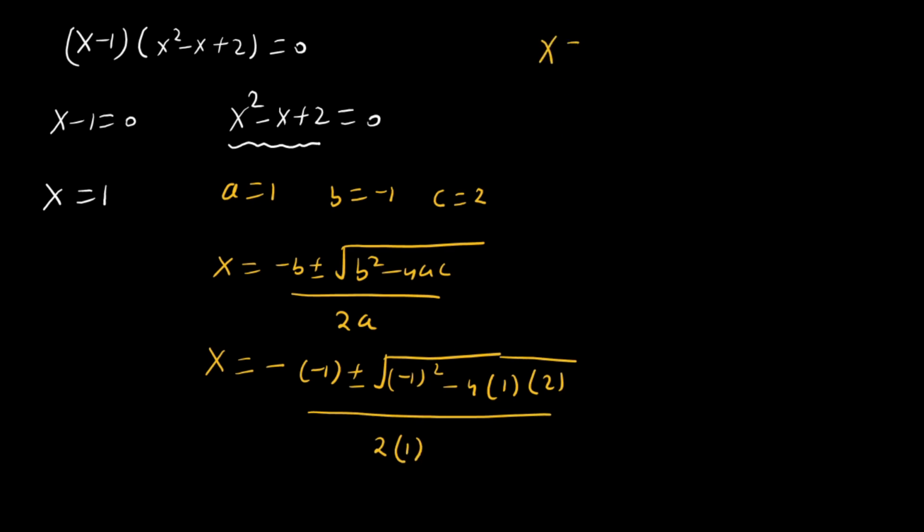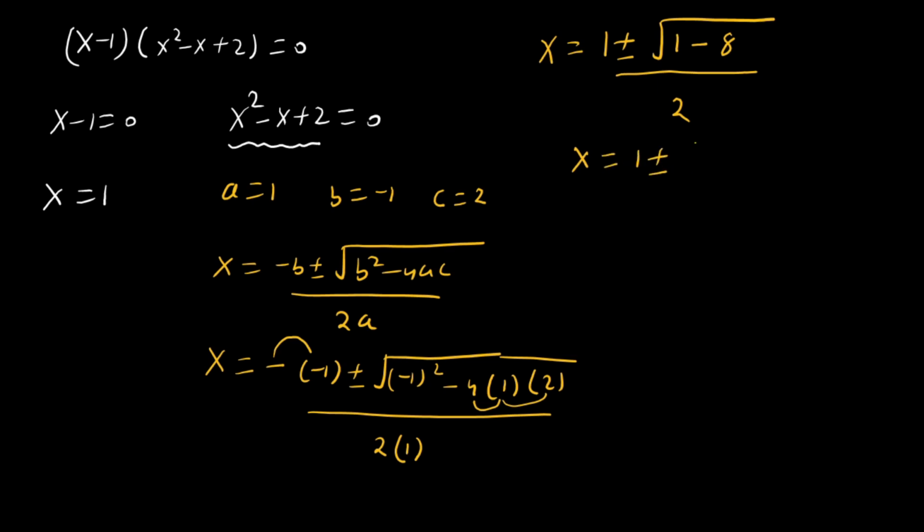Then the value of x is minus multiplied by this minus 1, then we get plus 1 plus minus square root of minus 1 squared is 1 minus 4 times 1 is 4 and 4 times 2 is 8, then here 8, and divided by 2, then x equals 1 plus minus square root of minus 7 divided by 2,